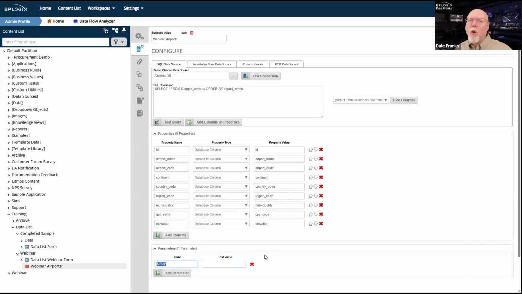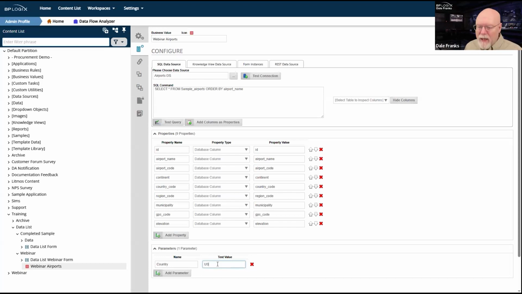So we have this worldwide global airports database. And for this form, we may only need to pull data from a specific country. If I have a parameter here, then I can do that as needed. So in this case, let's rename the parameter. We'll call it country. So we'll go with a country parameter.